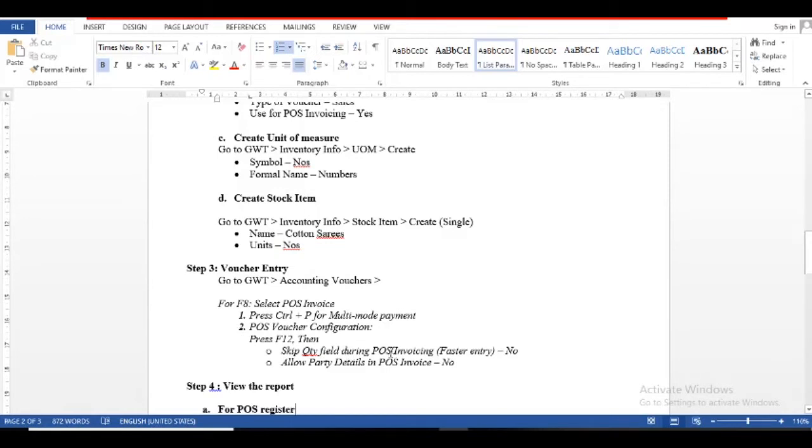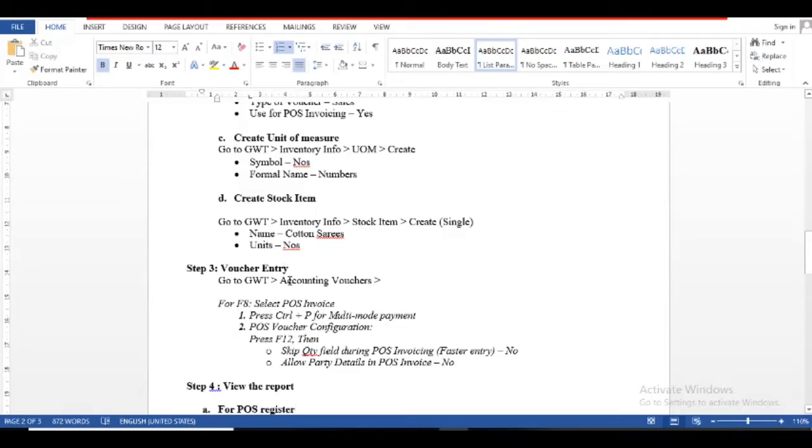You fill only the stock item, and the quantity takes one only. But we have retail transactions of 20 numbers, 100 numbers, 300 numbers. So I give the configuration for POS voucher, and then I change the option. Skip quantity field during POS invoice faster entry is no. Allow party details in POS invoice is no.